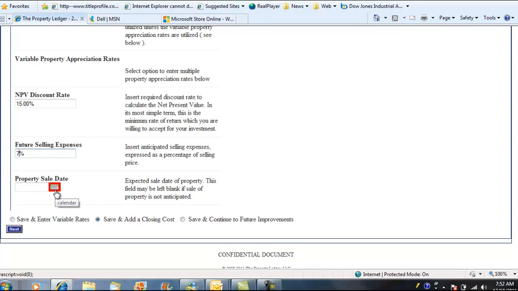But for our purposes, we're going to buy and hold it, so we're not going to input anything there. On the bottom, now you can see we can save our information and enter variable appreciation rates. We can save and add closing costs, or we could save and continue to the future improvements. Well, we had indicated that we want to put some variable appreciation rates in, so let's click on that and